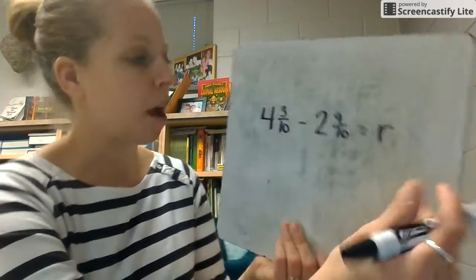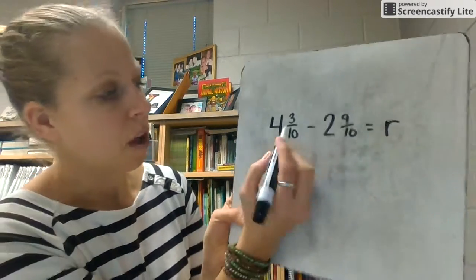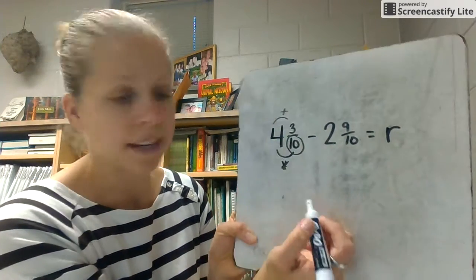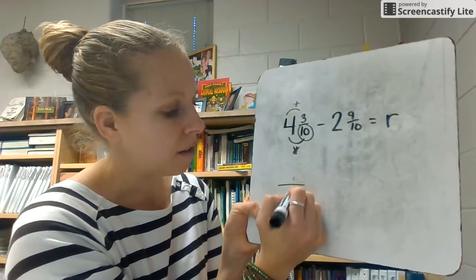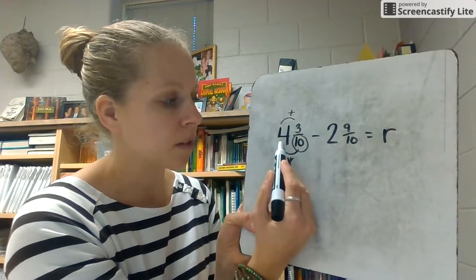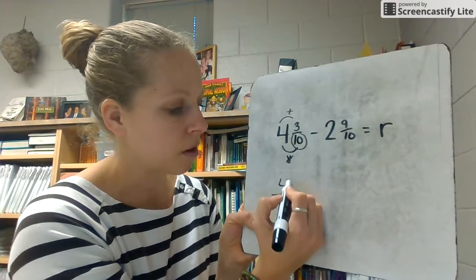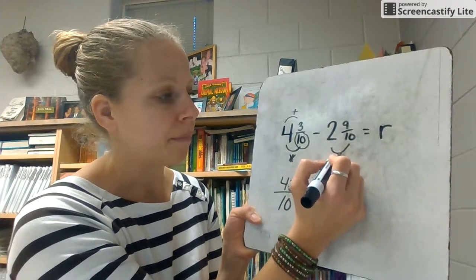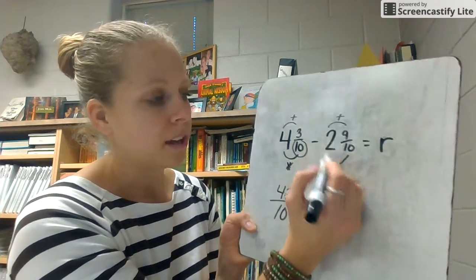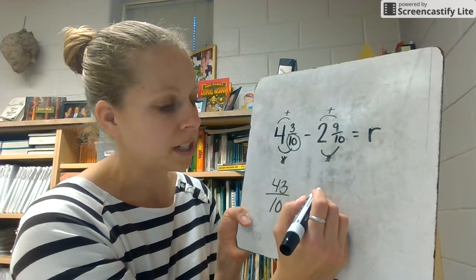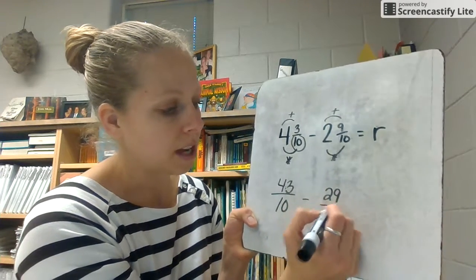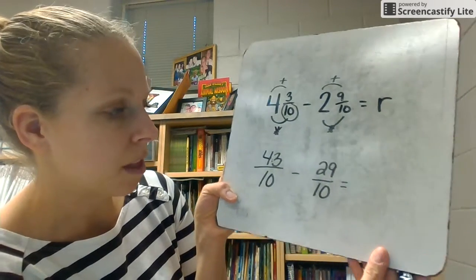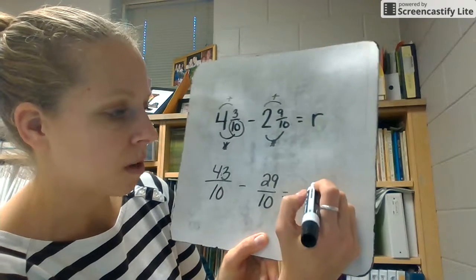So if you're going to make this improper, same as before, we multiply on the bottom, add the top, and keep that denominator the same. So I know that I have tenths. 10 times 4 is 40. 40 plus 3 is 43 tenths. Okay. I'm going to subtract that from, multiply, add. 2 times 10 is 20, plus 9 is 29, so I have 29 tenths. And then I can subtract 43 minus 29, which is 14